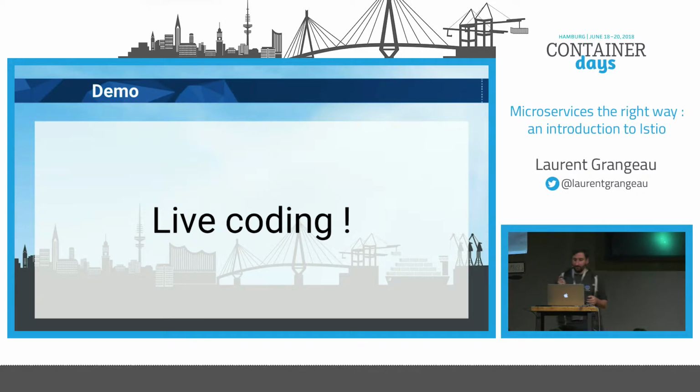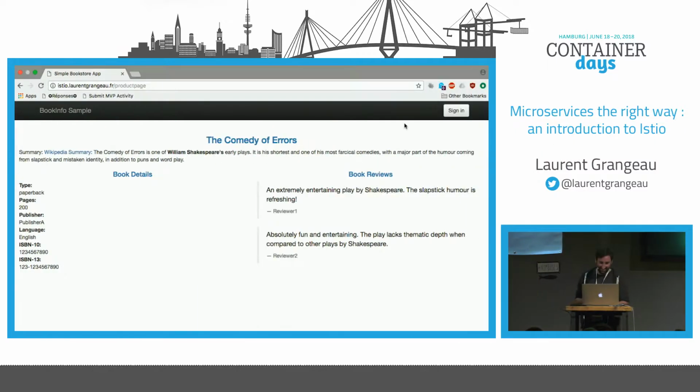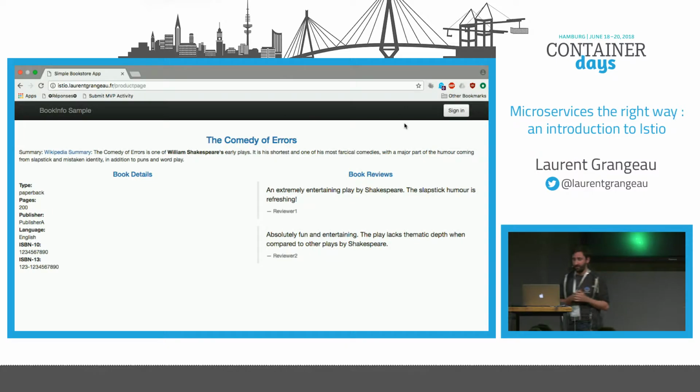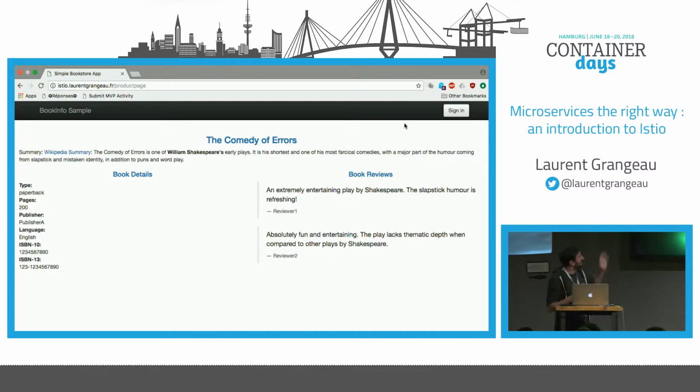Okay, so now let's go to the demo. The Wi-Fi is a little bit unstable, so I pray to the god of demos. So this is the front page of my beautiful application, and you can see that there isn't any star on the page.